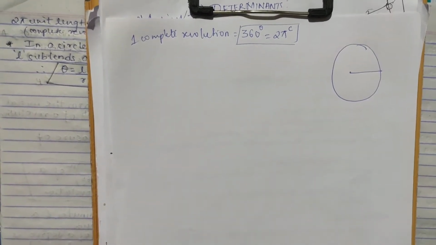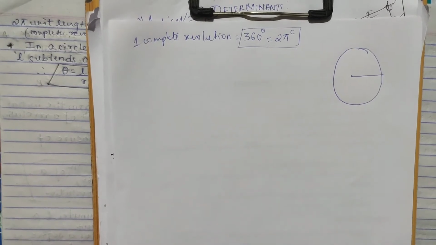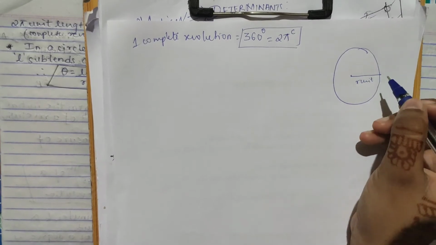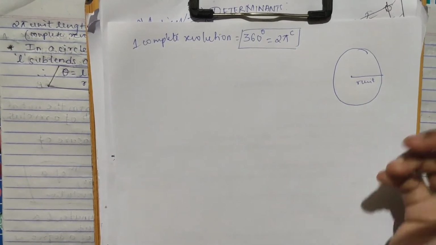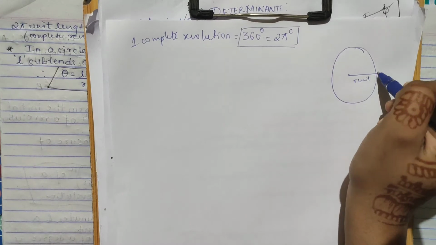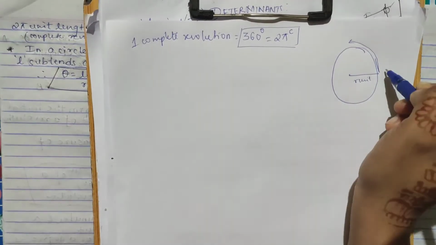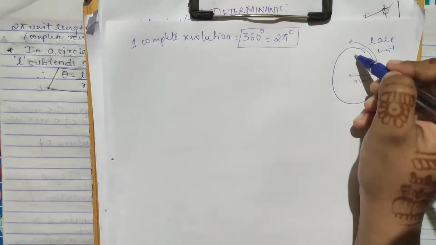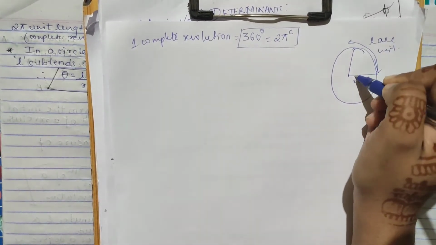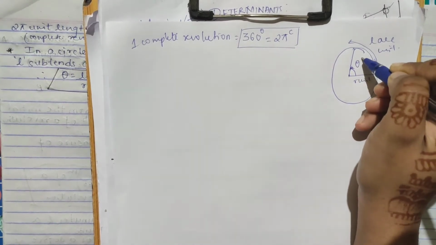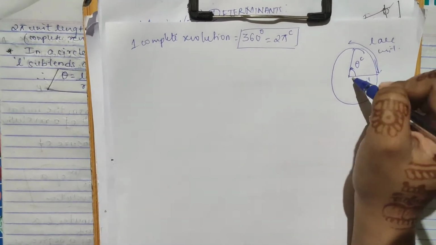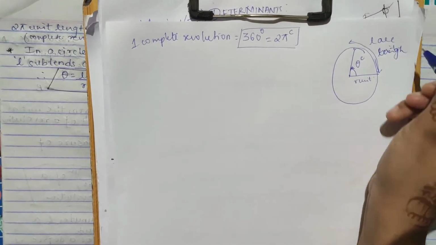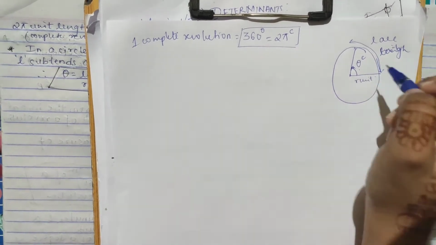Now see, as I have told you one relation for a circle, suppose this is R unit. Every time we will not have one unit only, right? It can be anything, and you have an arc, consider L arc unit. So here you get an angle. This angle is termed as theta radian, right? When you have R unit and L arc length, that angle you get as theta radian.